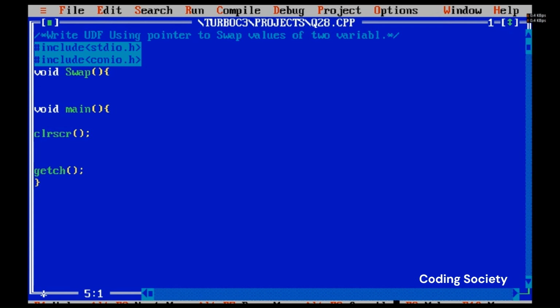Write a user-defined function using pointers to swap the values of two variables. First, I declare two variables, int a and b. To print the information, printf "Enter first digit",